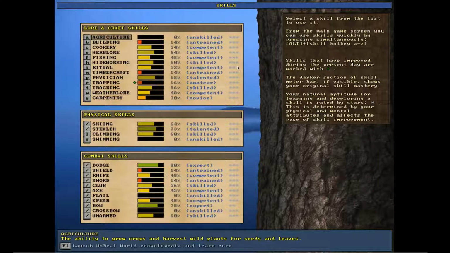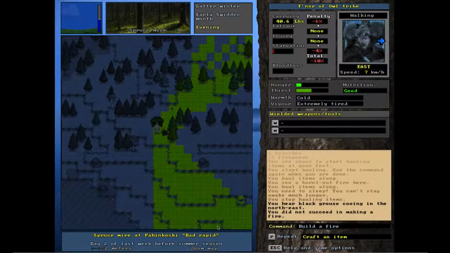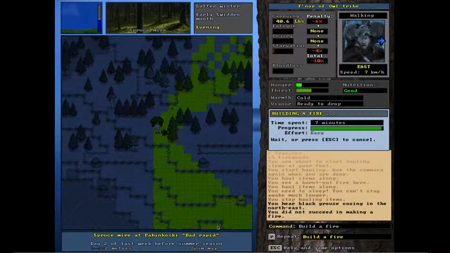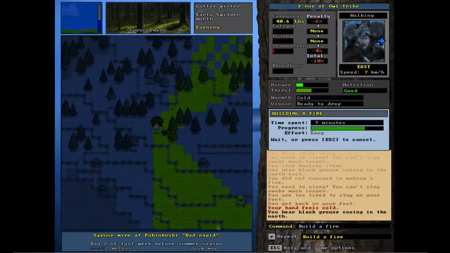We can learn skills pretty quickly. So the only 2 skills that we're not 3-starred at is ritual, which I'm okay with, and bow, which is a bummer, but we already are at 78%. We're an expert, so not the end of the world on that one. And that's part of the reason we put that extra point into the bow hunting at the time. So our character, even though his physical strength isn't the best,